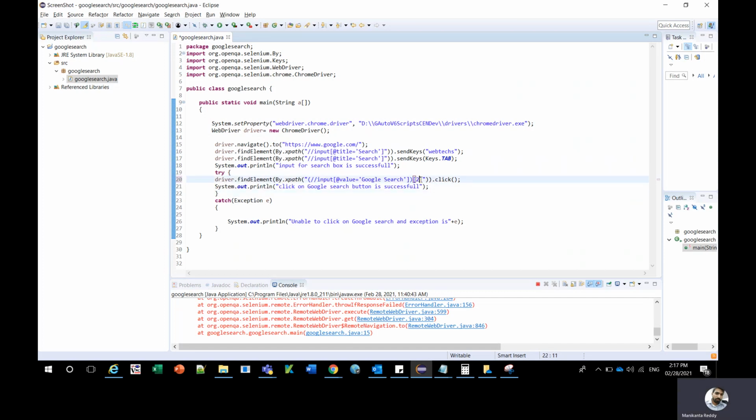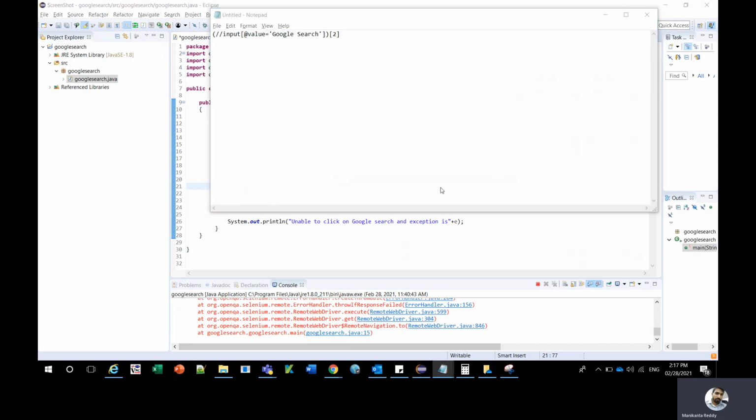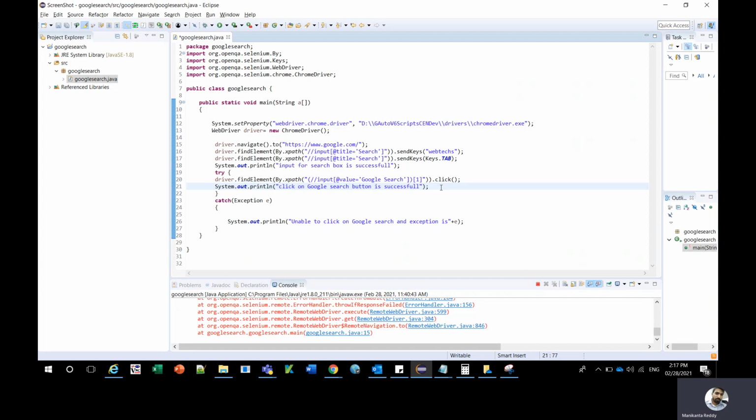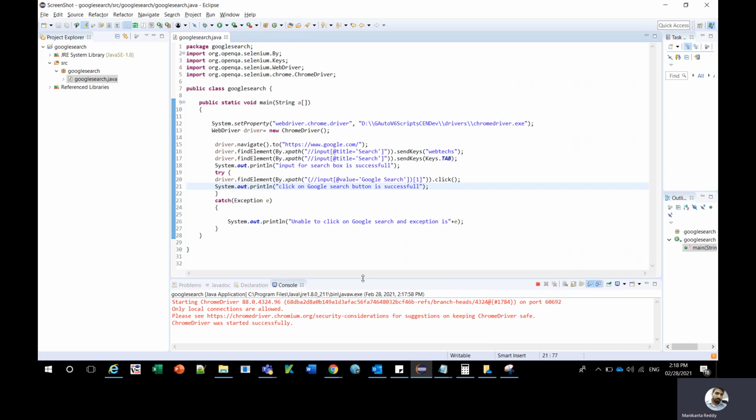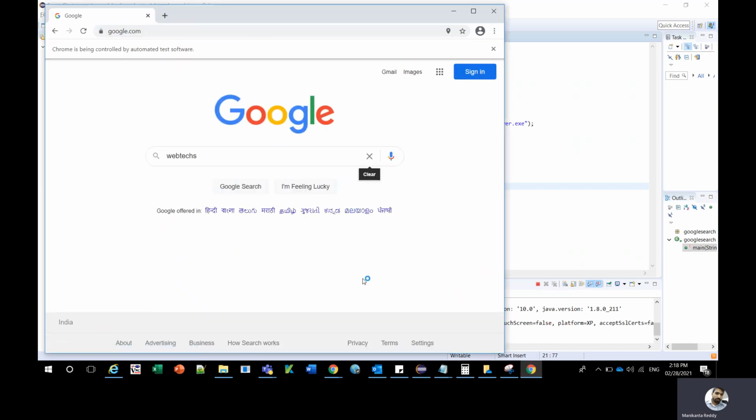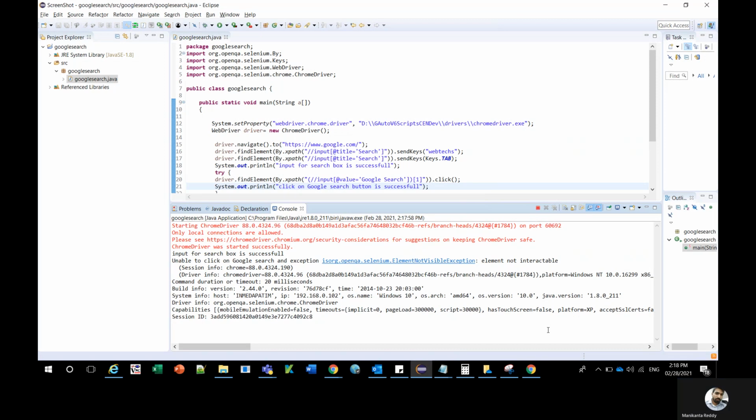Let me test the negative case. I'll put 1 here. When I keep 1 here, it's not the Google search button, it's something else. So ideally it should fail in this case. Just to test whatever I told you, I will run this first. Since that element is not clickable or visible, the corresponding error should be thrown in the console. Now on the screen you can see the exception: element is not visible.